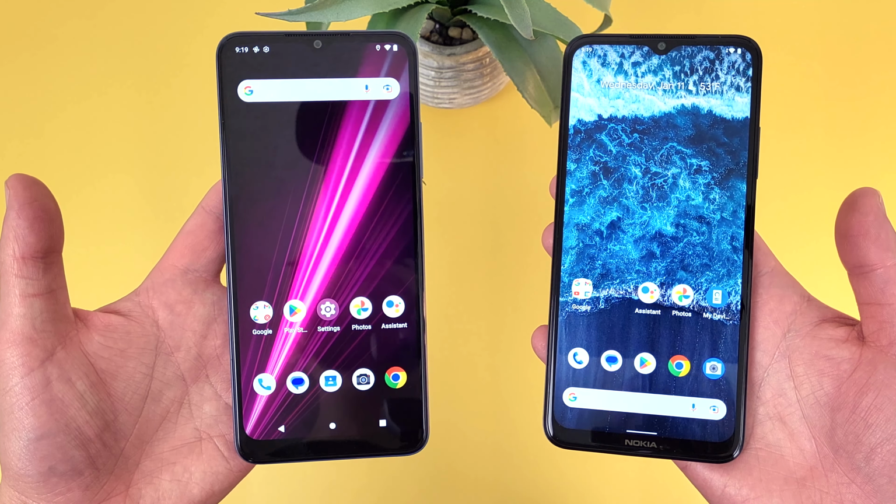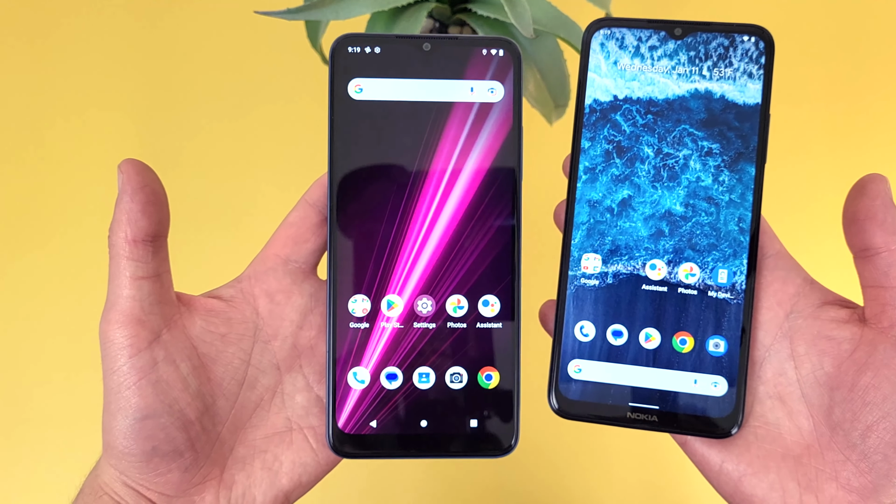In this video, we're going to be doing a quick comparison between the T-Mobile Revvl 6 5G and the Nokia